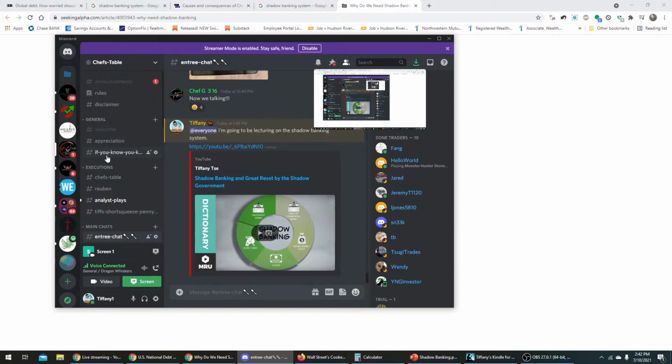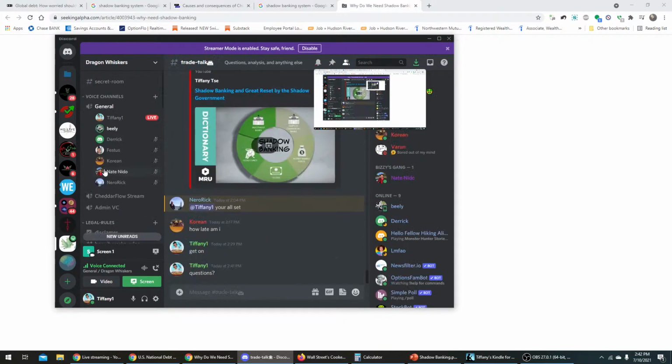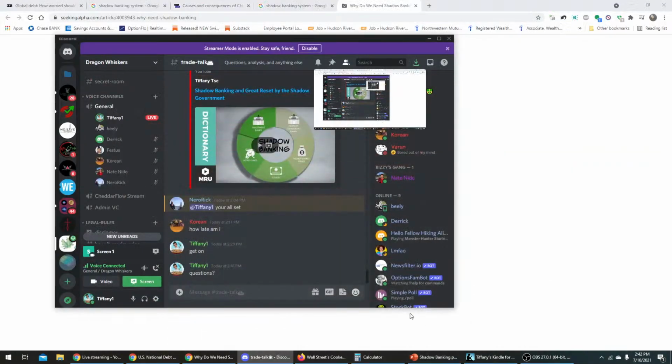Tiff, I probably missed the previous lessons, but what does repo mean, or what is the repo system? So the repo market is a place where